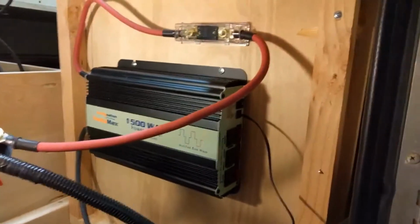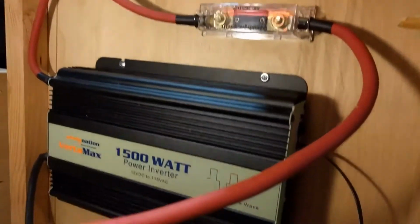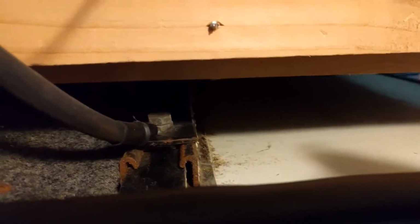Okay guys, I got it basically wired in. I've got the fuse in place. I've got the wires connected here for the hot on the switch, and I've got the ground going. It's hard to see it, but anyway, it goes back there. Right there. You can see that. If I turn it this way, you can. See it's on that bolt back there? That's bolted to the frame. And